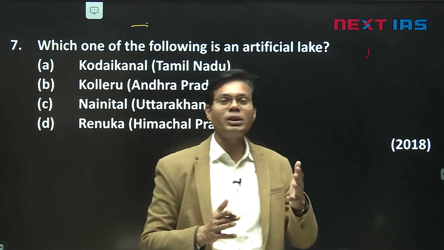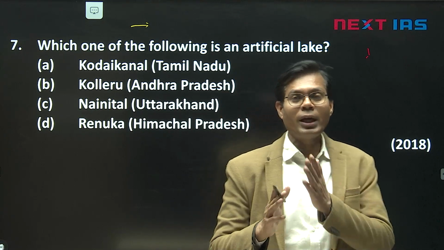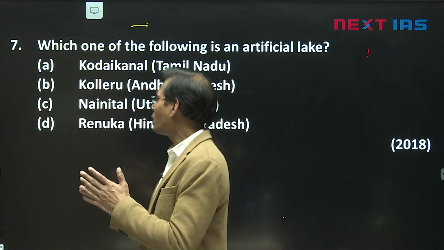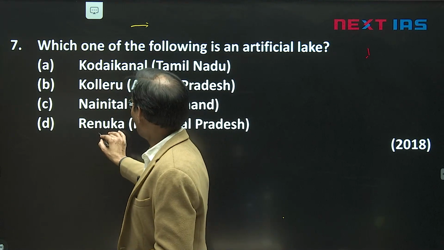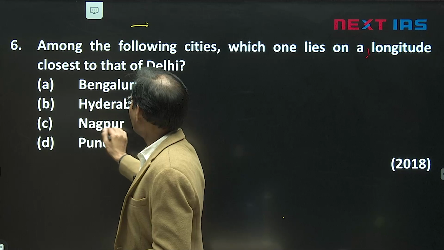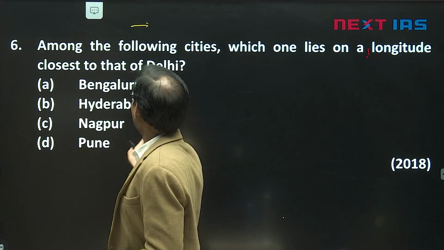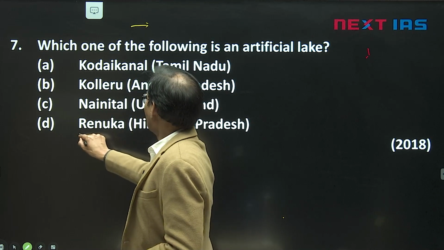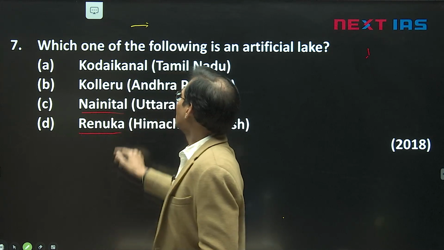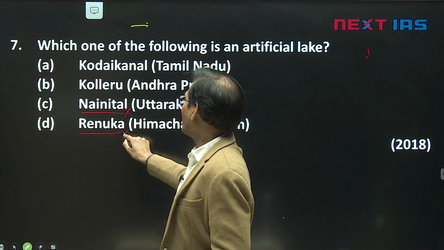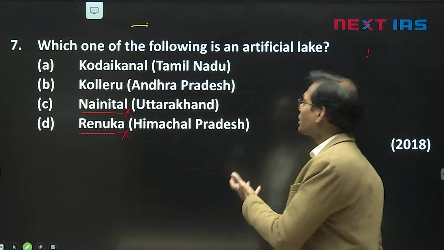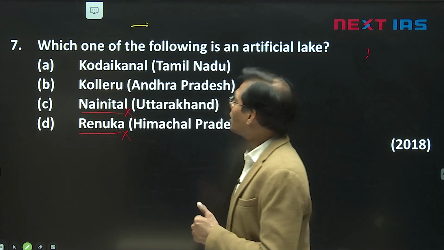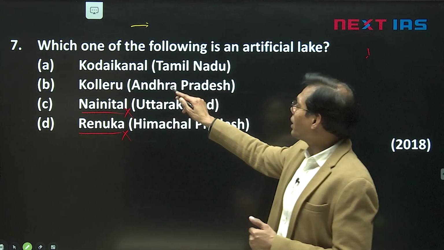It is not constructed by the Britishers, not constructed due to any dam here. And Renuka is also a famous lake, the largest natural lake of Himachal Pradesh. So Renuka and Nainital, these lakes are natural ones. Nainital, a large lake, and Renuka, the Himachal Pradesh largest lake, a Himalayan lake, and there is not a dam here even. And one is Koleru Lake and another is Kodaikanal.